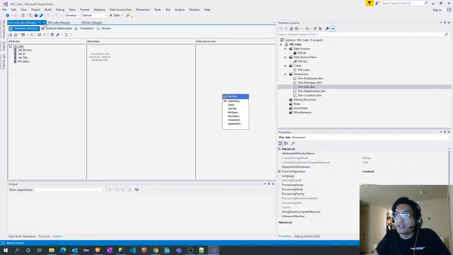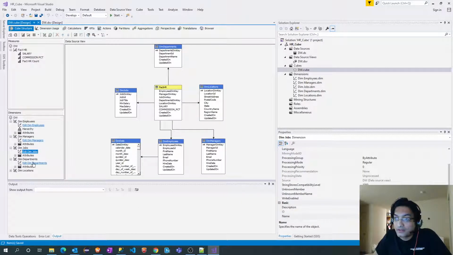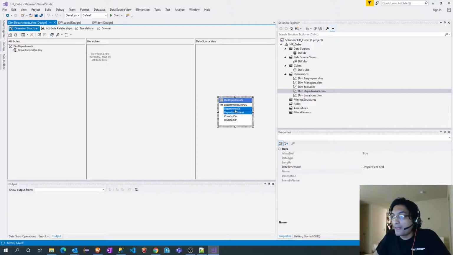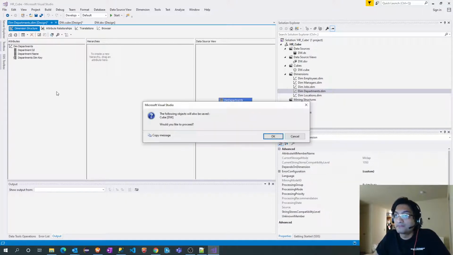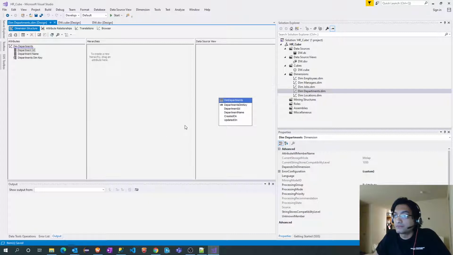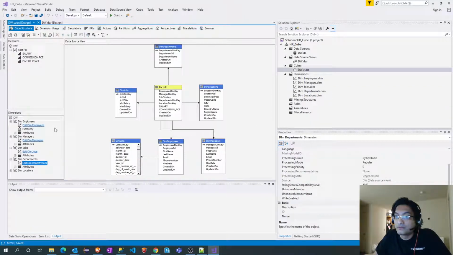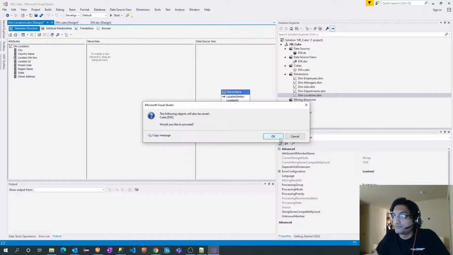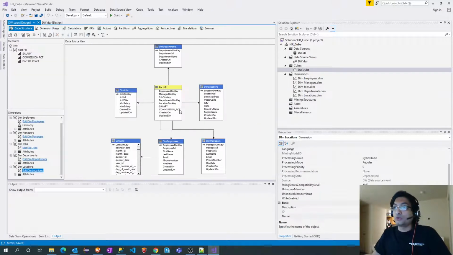I will close this. Departments. And the last dimension is locations dimension. Perfect.